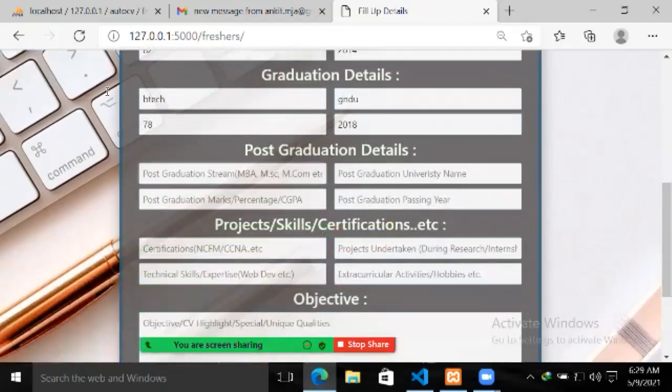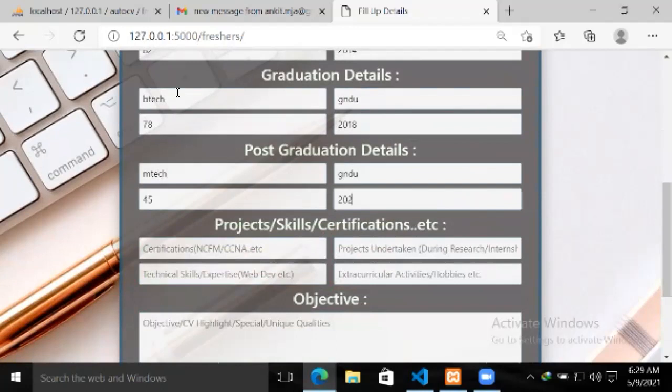Similarly, we have the post-graduation details. Then the professional qualifications and all the projects undertaken.